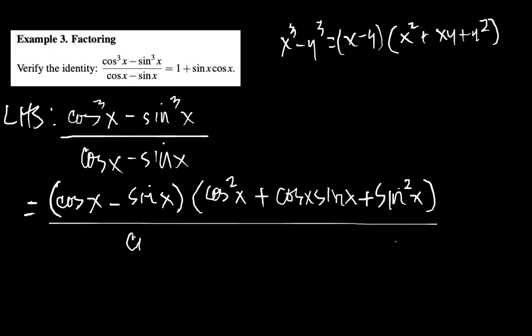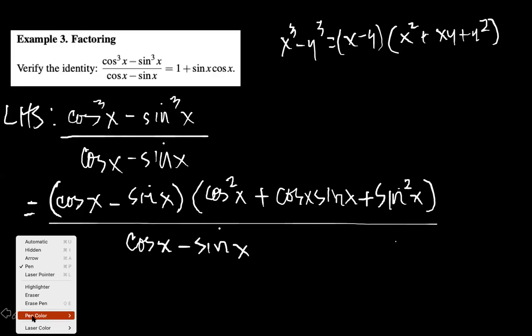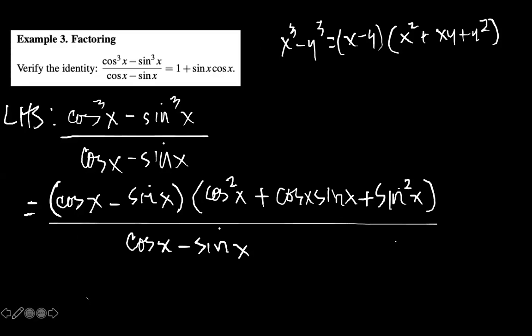And then copy the denominator, cosine x minus sine x. You can see that as it appears on your screen while I speak. Right? Okay. And now, I have already factored the numerator. Of course, sir, that's easy because it's an example. Later, don't